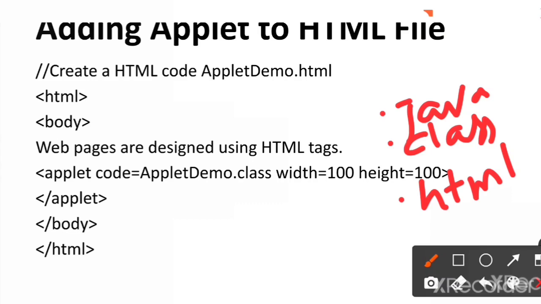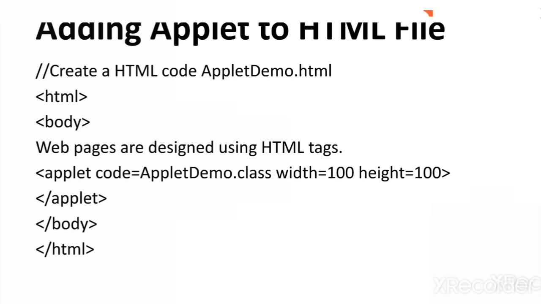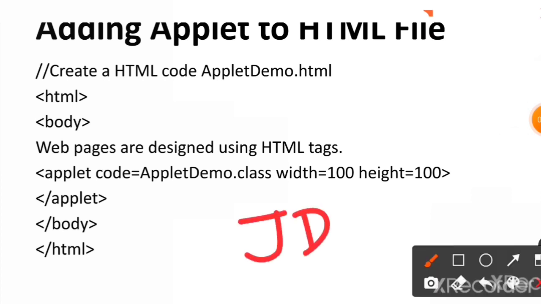Okay, but normally in our lab we use applet viewer because it is available as a part of the Java Development Kit, that is JDK. Because it is a pre-built tool, JDK contains applet viewer, so we normally use this applet viewer tool to see the output of an applet program. Okay, so this is how we build and execute applet programs.